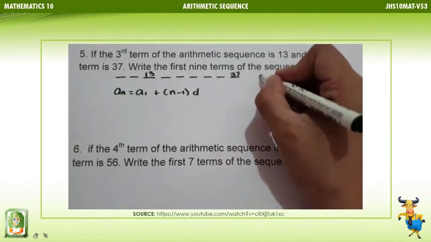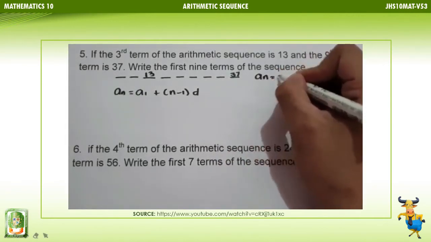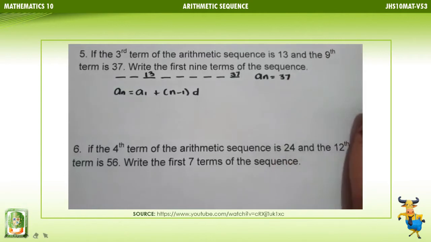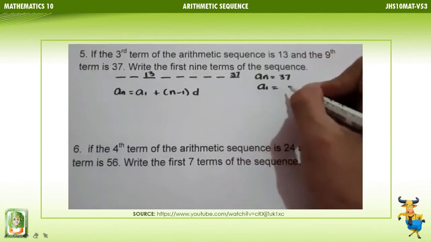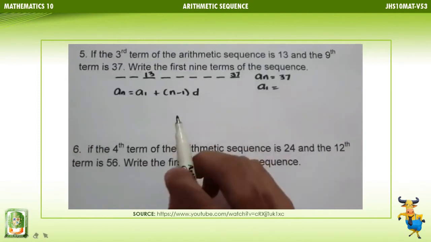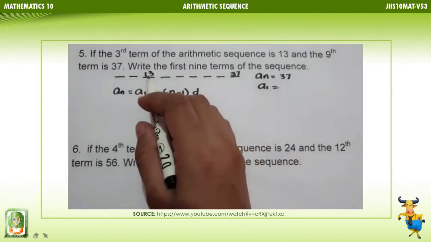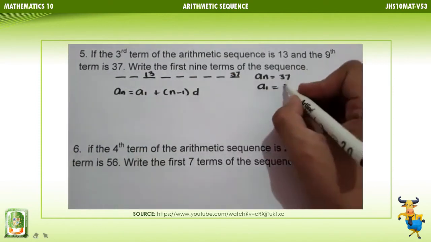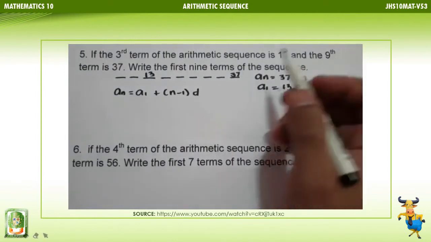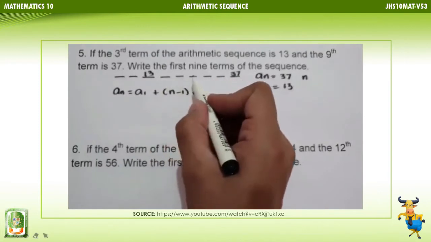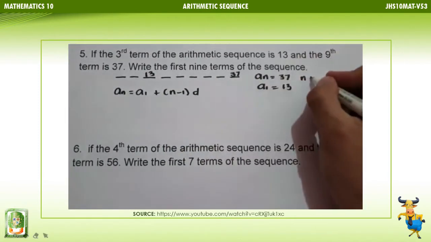So the last term is 37. And then a sub 1, since we do not have an a sub 1, 13 will be our first term. So that is 13. But the number of terms, 1, 2, 3, 4, 5, 6, 7, will be 7, not